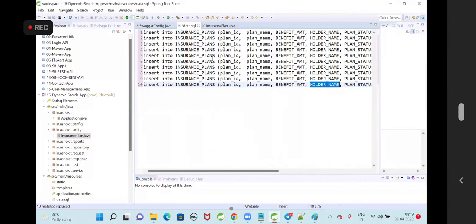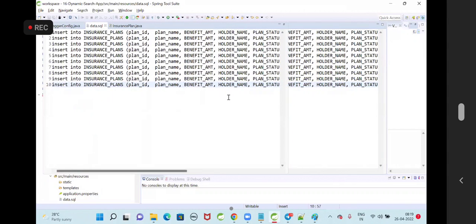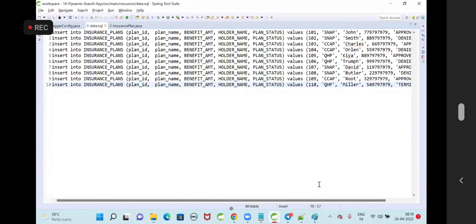Plan ID, plan name, holder name, plan status. एक कॉलम को स्विच करना ही पड़ेगा. बेनिफिट अमाउंट, होल्डर नेम. Benefit amount should come here. $400, something like this.